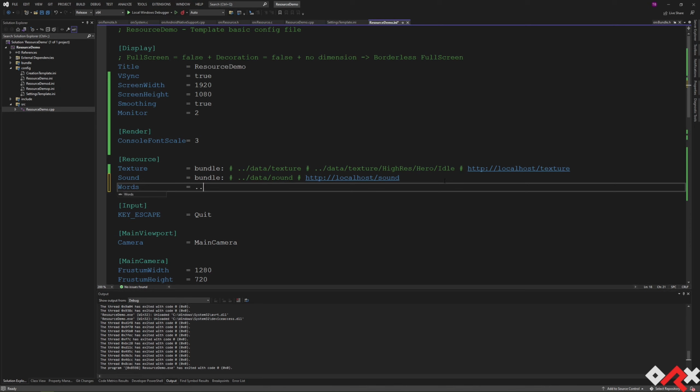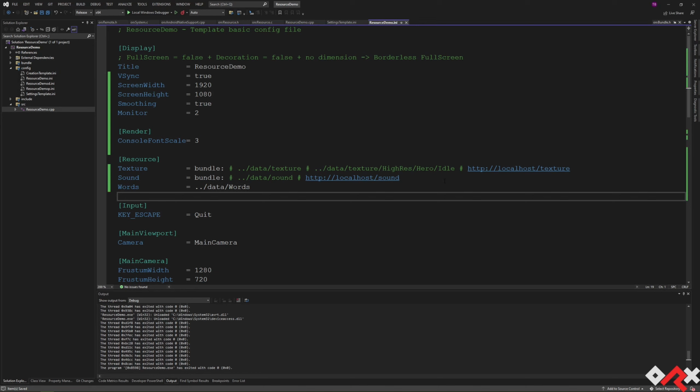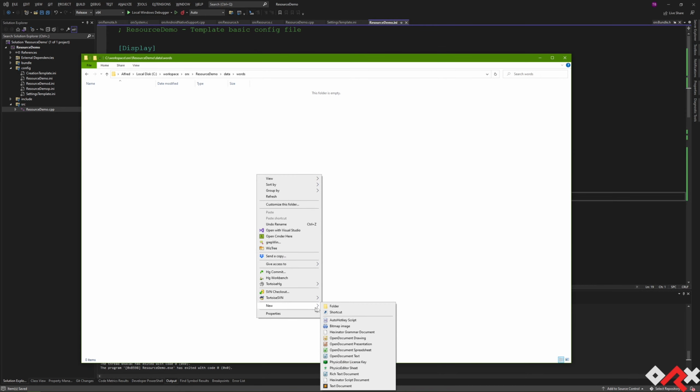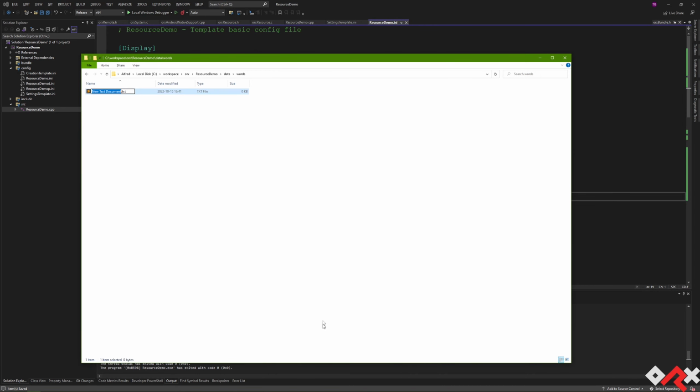And I'm saying, okay, words are going to be stored in data and words, and that's the only place where I can find them. And this is a new custom group. All I had to do is just define it like this. And now if I'm going into data, we're going to create a words one, and we're going to create a new file,